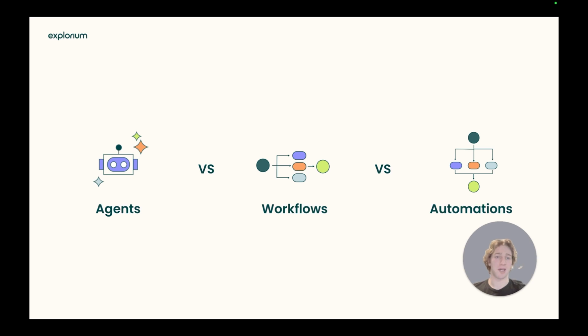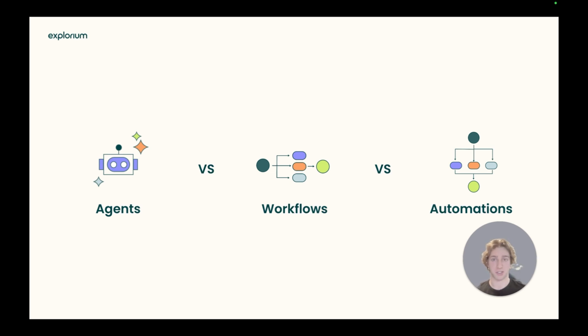Now, when talking about agents, there are 3 words that get thrown around quite often. Let's talk about the 3 of them and clear up the differences between them. There are workflows, automations, and agents. Specifically, workflows and automations include predefined paths. They can almost be thought about like a flow chart that you draw on paper with one end and one finish. And it is still a very rigid if this, then that logic that can automate a very predefined path